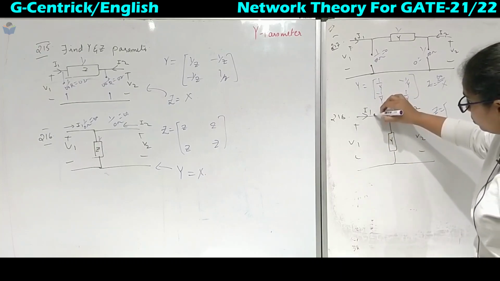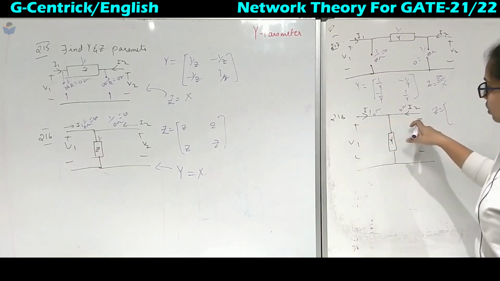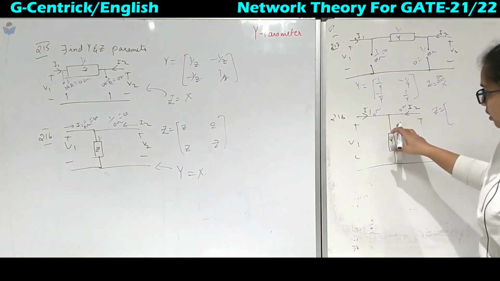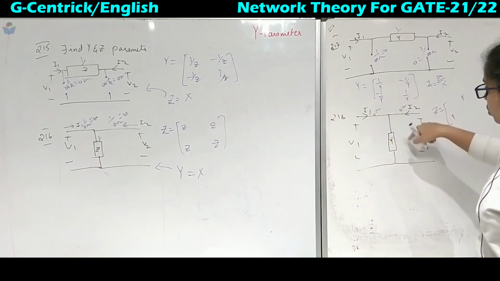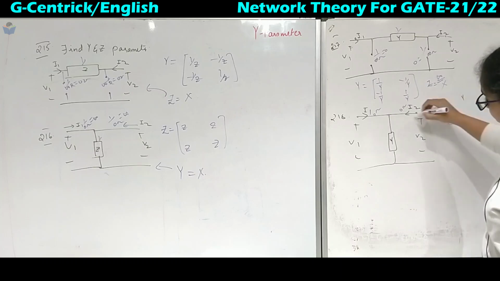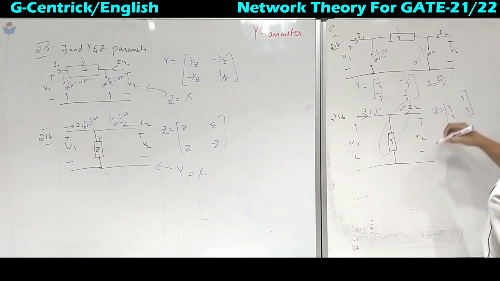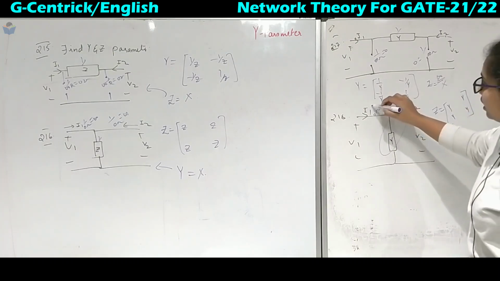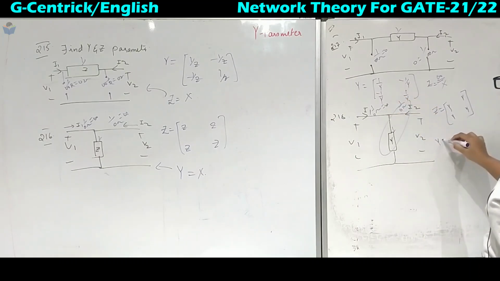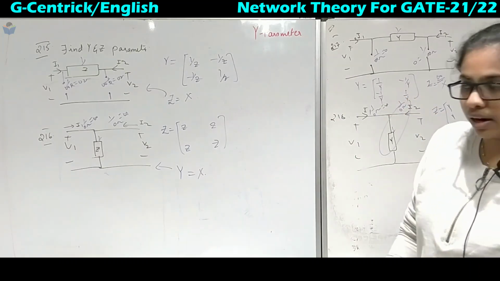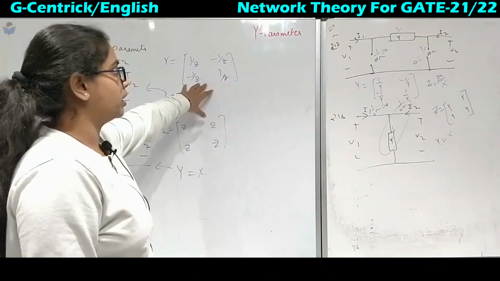This will be 0 ohms, this is also 0 ohms. If it is 0 ohms, then only the short circuit currents will be flowing in the path. So this is Y, I will write here Y and here Y. This 0 plus Y is Y, and this 0 plus Y will give you Y22, which is also equal to Y. Similarly, when you take reciprocals, it will be infinite, hence the Y matrix does not exist. Admittance does not exist. Just to understand the concept, we have taken these questions.